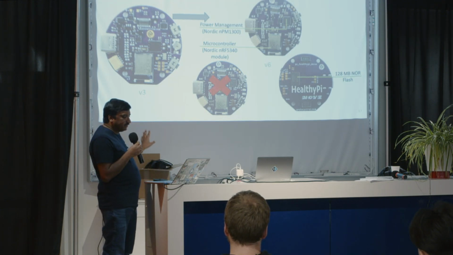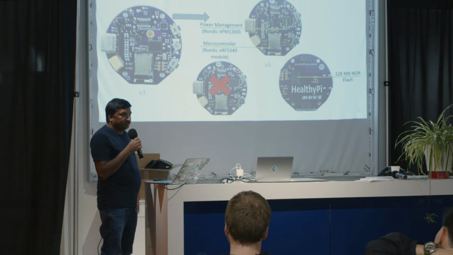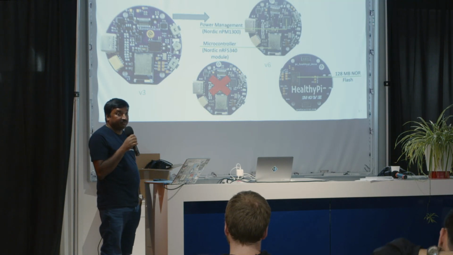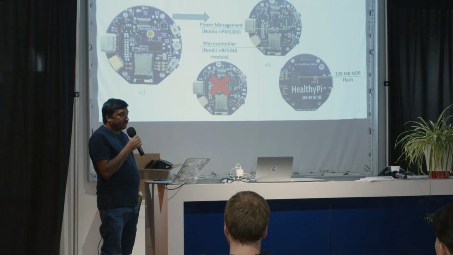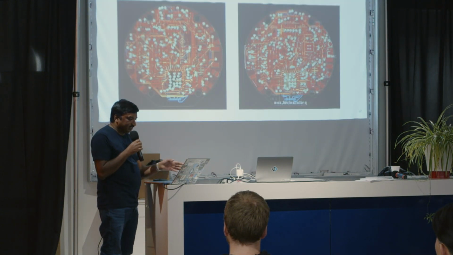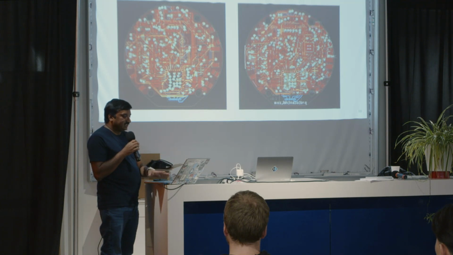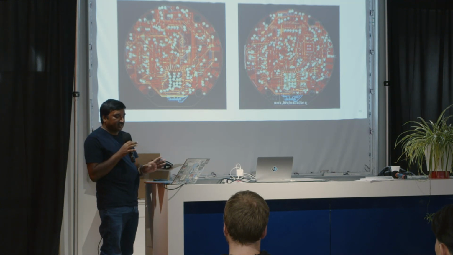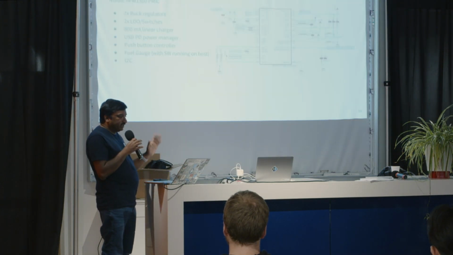So at this point, the design was pretty simple. One module, USB, and we put onboard flash. Because the HealthyPi 5 had storage on an SD card, here we did not want to put an SD card, so we put a NOR flash chip. For the designs, we tried a 4-layer board and a 6-layer board on the right side. For the first time, we tried a 6-layer board, but then we thought that's not required, because we wanted to keep it at 4 layers only. And this was a major change that we made. Power, again,